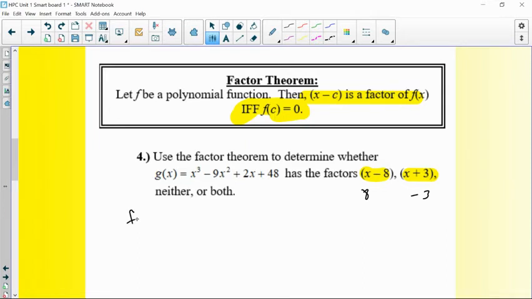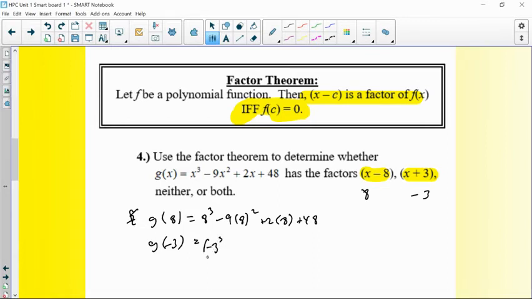So first you could try g of 8, and then try g of -3. If you put an 8 and do the arithmetic, and for this exercise, I'm okay if you go to your calculator, that's fine. I'm going to tell you, by inspection, 8 to the third power is going to be way too big to figure out if that's a factor or not. And then -3